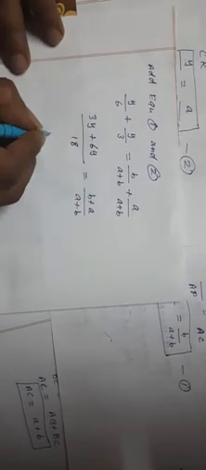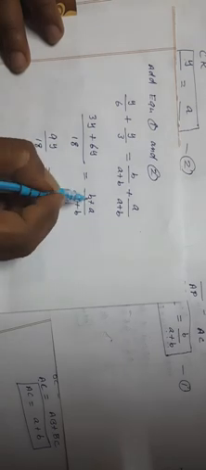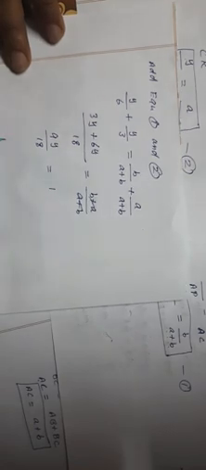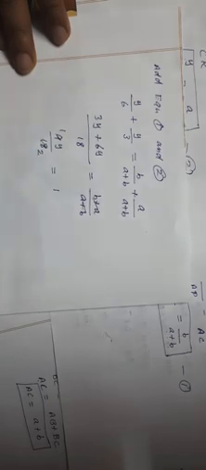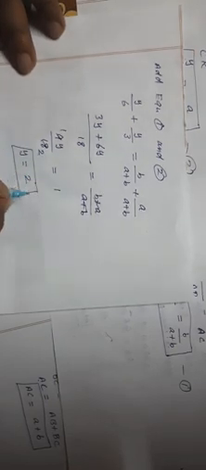Now adding, we get 9y by 18 is equal to, on the right side, we can cancel and get 1. Divided by 9: 9 times 2 is 18, so y is equal to 2. We get y is equal to 2 meters. This is the only thing we wanted to find. So the value of y is 2 meters.